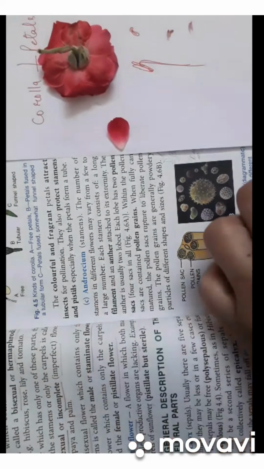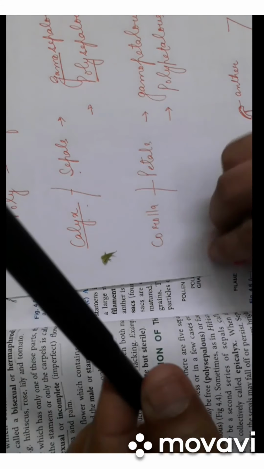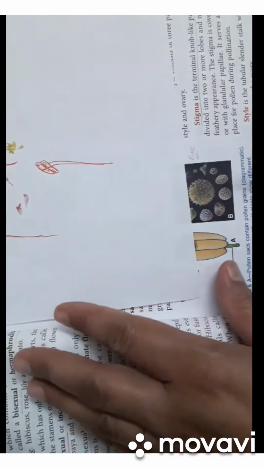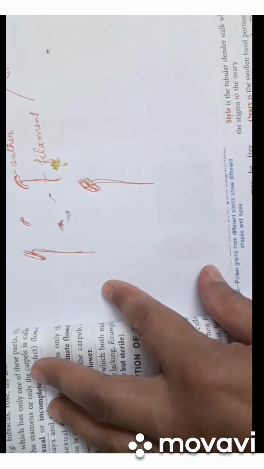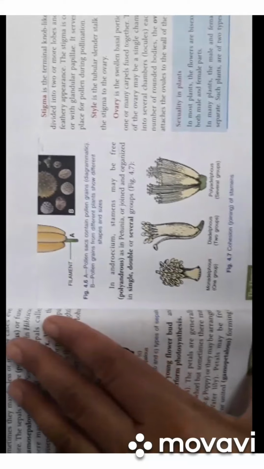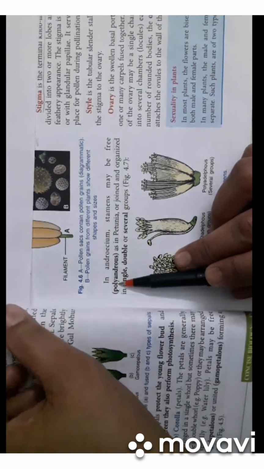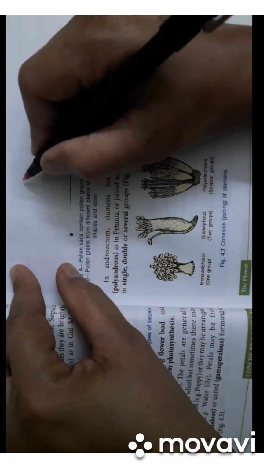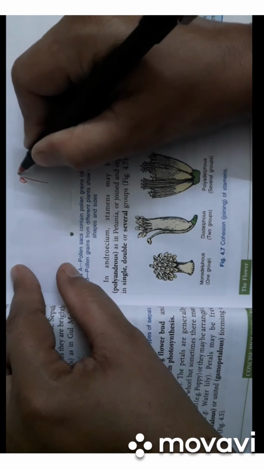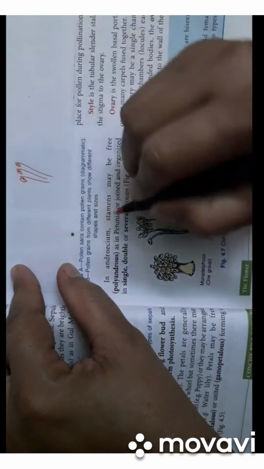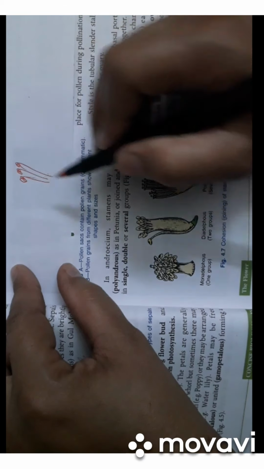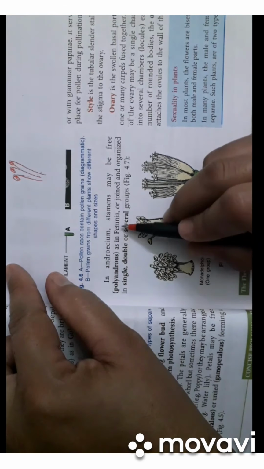So the arrangement of the anthers, again, it can be free or fused. When the anthers are free, you will call it polyandrous. I told you that poly is used for free. Like suppose this is one anther, another anther, another anther. So when all are free, then we will use polyandrous, as in petunia.